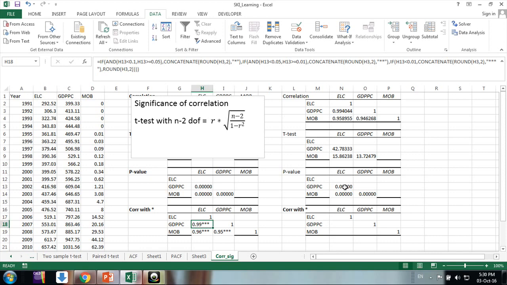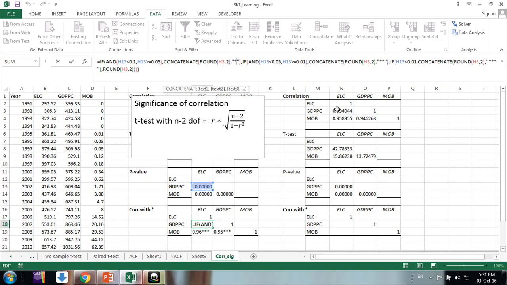If this p-value is less than 0.1, like 10% level, and if it is more than or equal to 5%, so only if the value is 5 to 10%, then what we need to do, just concatenate around H32 and put one star on the H3 value.